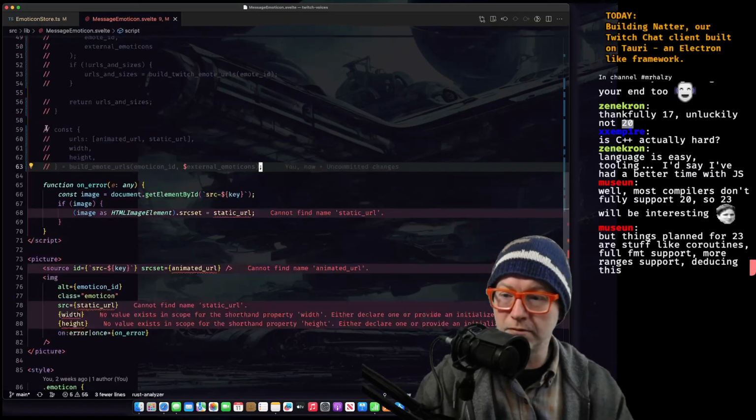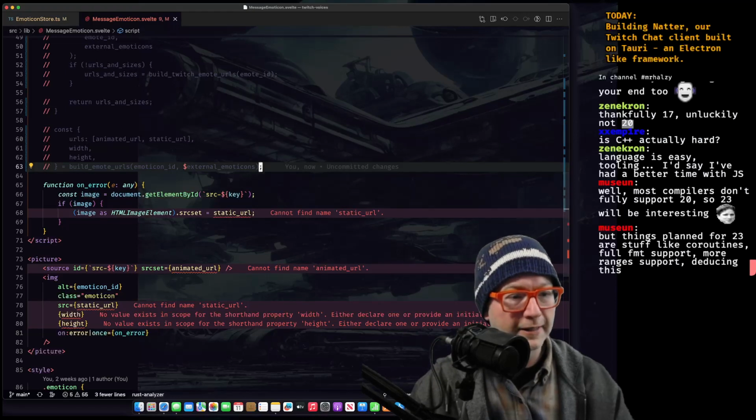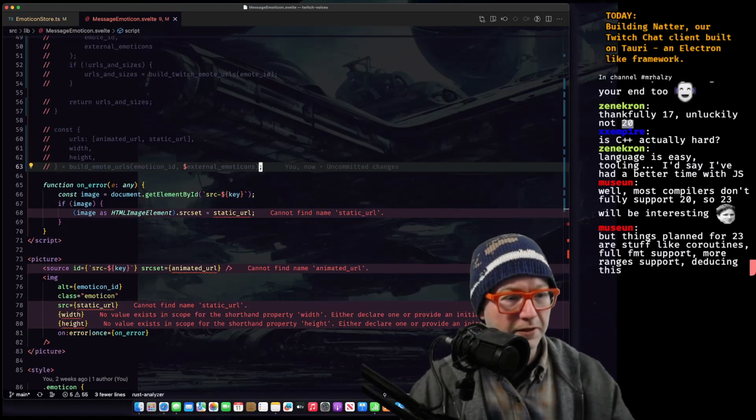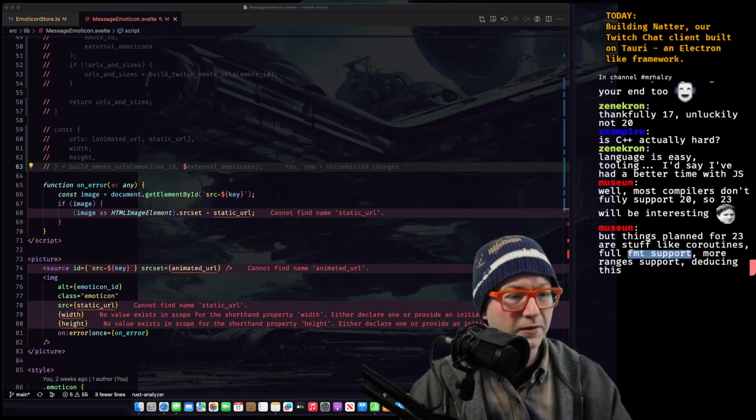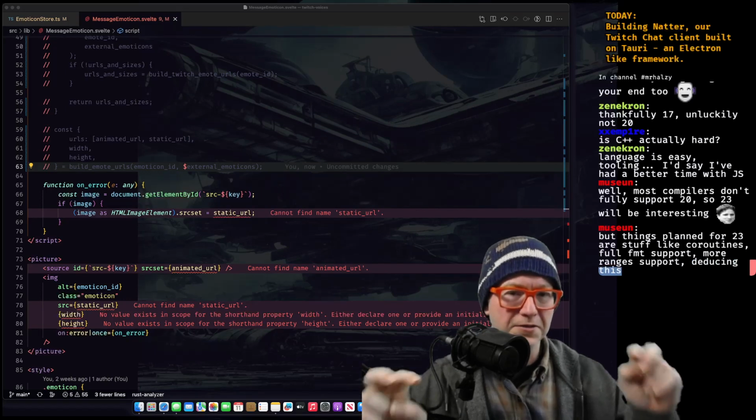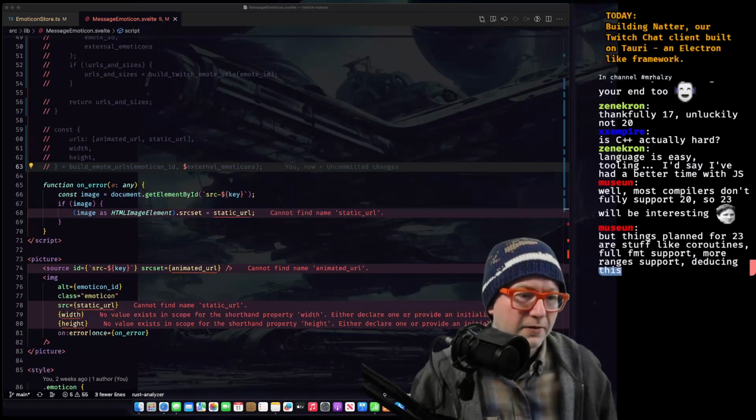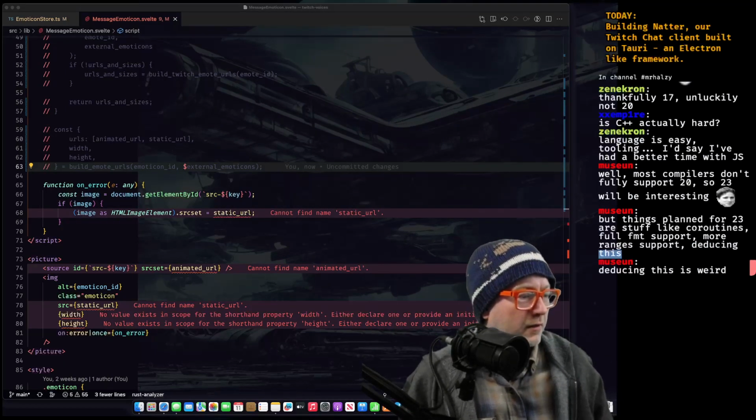Oops, what did I do? There we go. The things planned for 23 are stuff like coroutines. Ooh, full format support. More range support. Deducing this. Oh, interesting. Wait, what does deducing this mean? Because, right, this is self, right? And it's the self pointer.